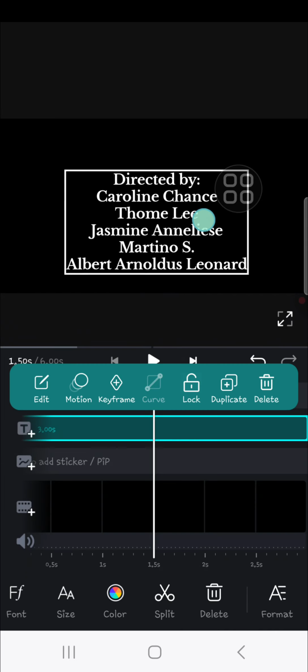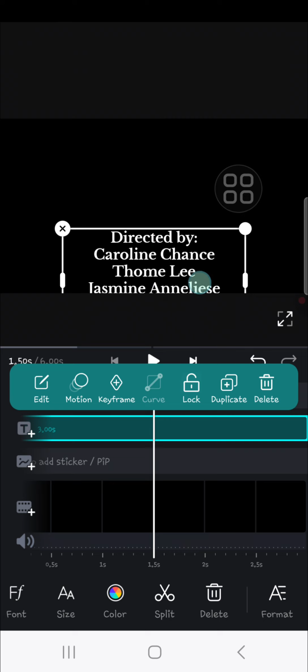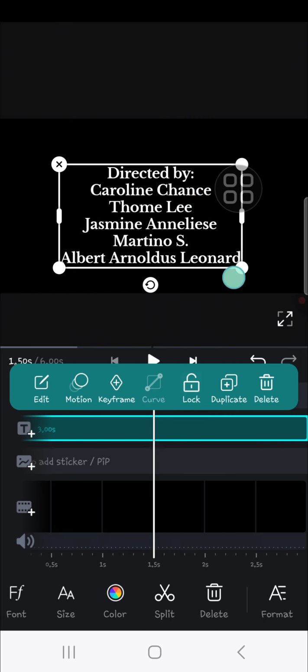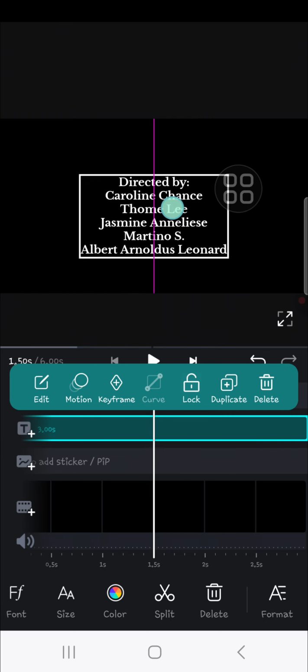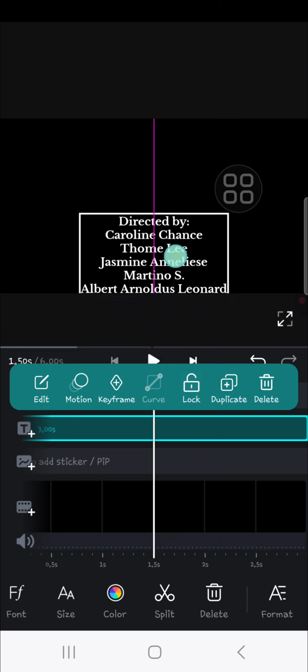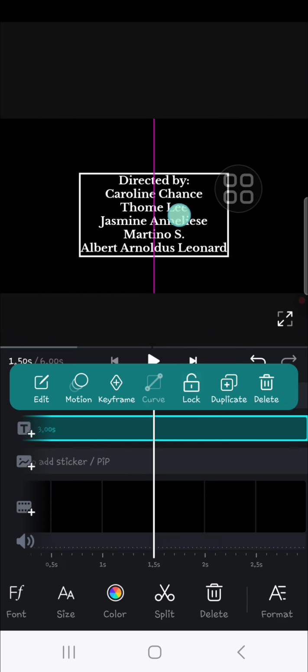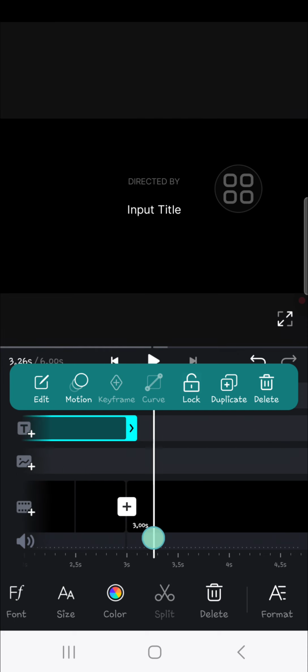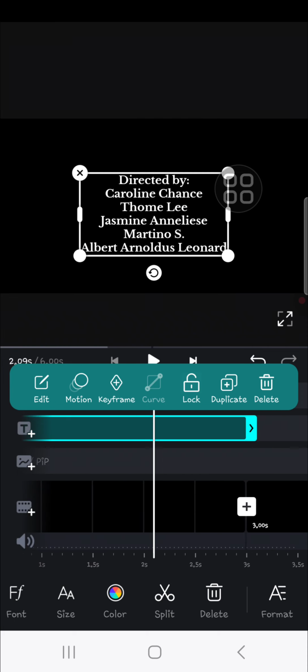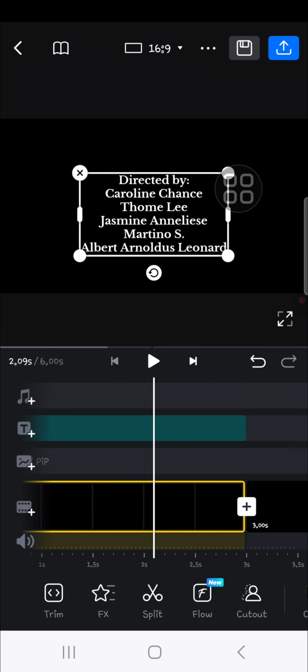Okay, and to create the rolling effect we need to apply keyframe, but wait, I'm going to make it smaller. Okay, we can add keyframe to the text, but here before you create the end credits, you can